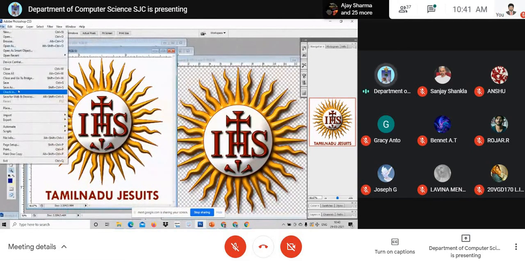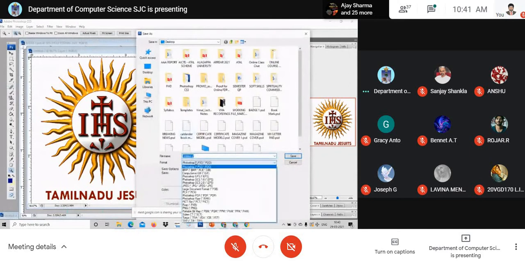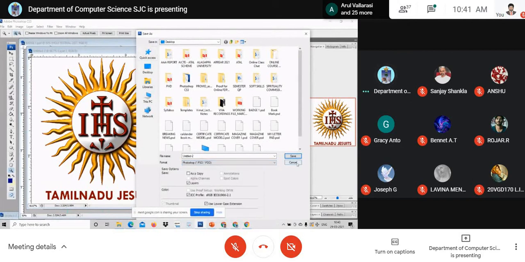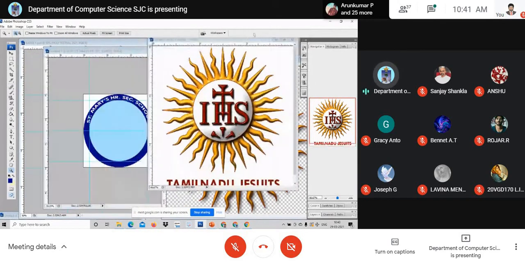Right click, save as PNG or JPG, anything you can have. Or else, before saving it, you can even drag it and bring it here.